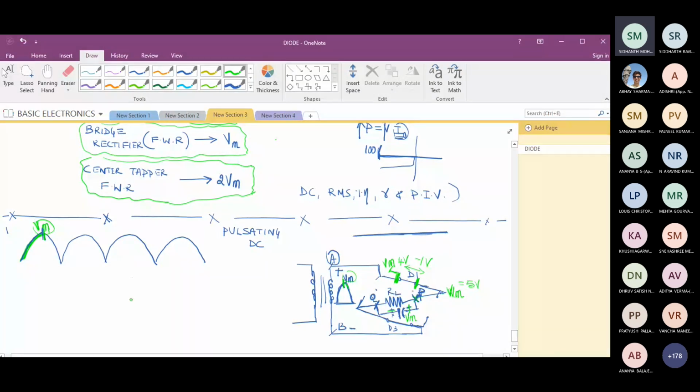So let me draw it here. This is my diode D1. The situation is now, the diode will be in reverse bias. That is what I'm trying to convey here. So if I take this D1 diode, the right side, the cathode side, is at plus 5 volt because the capacitor is connected here.